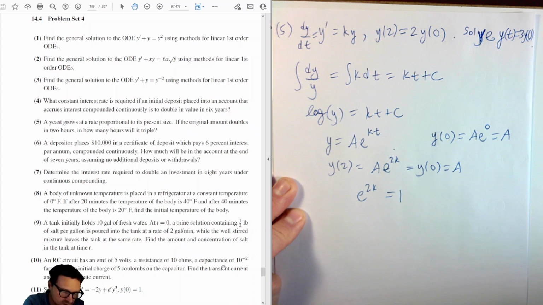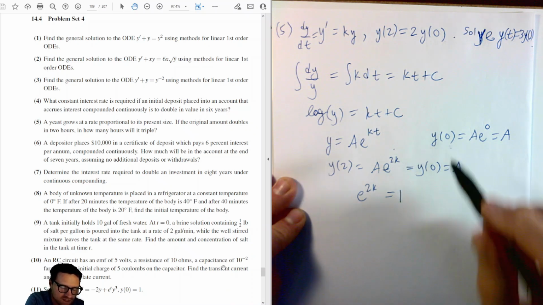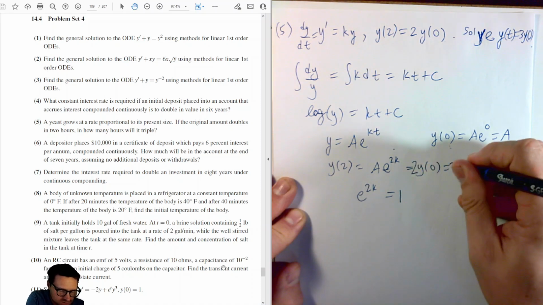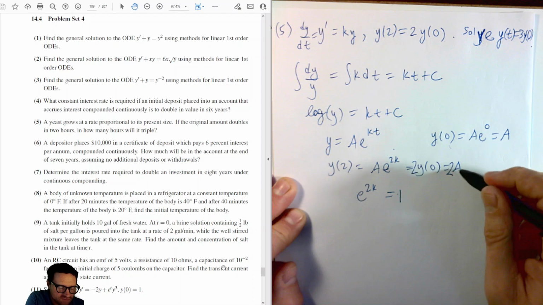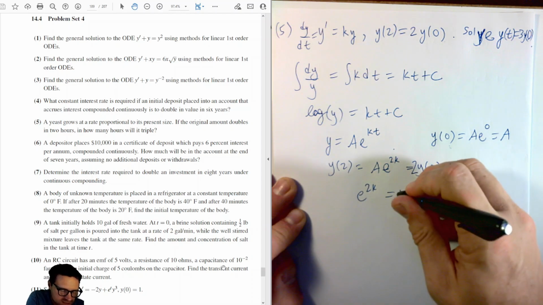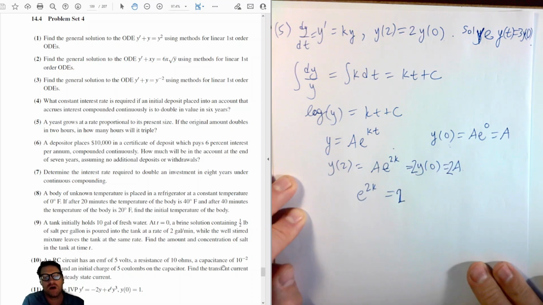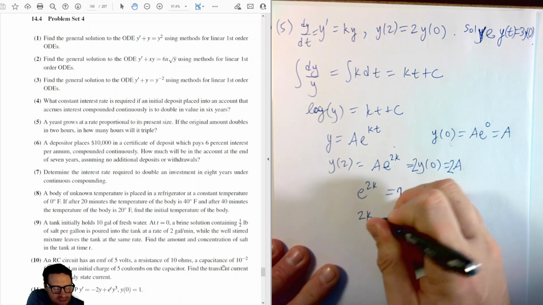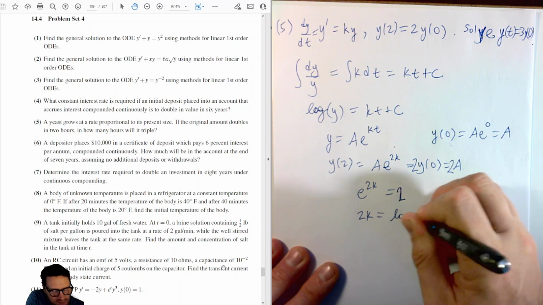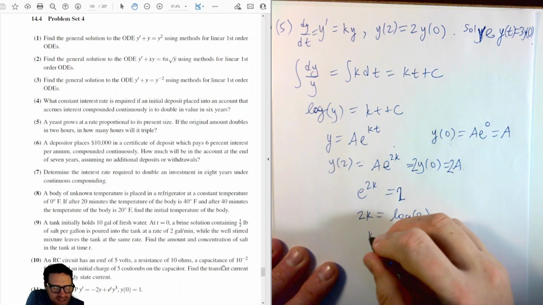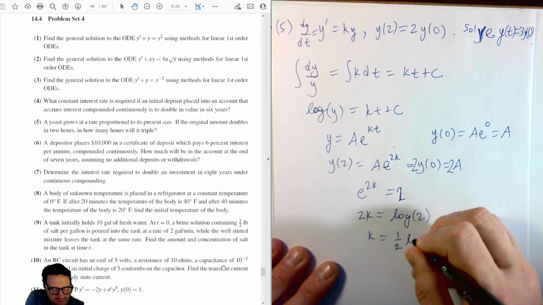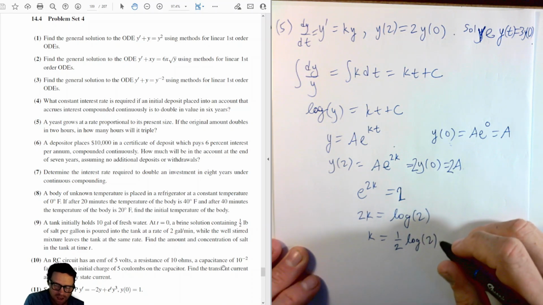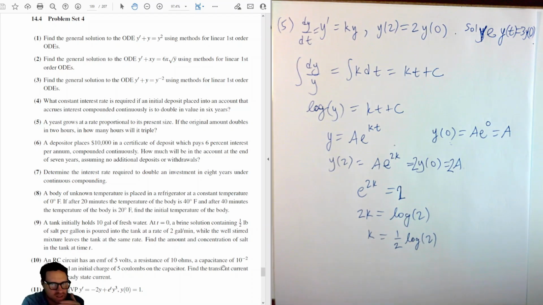No, not quite, because we missed a 2 in here, didn't we? Yeah, we missed a 2. So 2y of 0, so 2a. So dividing throughout by a gives us 2. Okay, e to the 2k is equal to 2, so 2k is natural log of 2, and so k is equal to 1/2 the natural log of 2. And so we can approximate this,